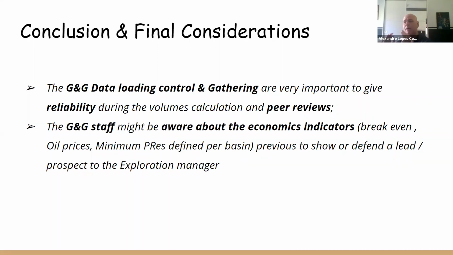And so the G&G staff must be aware of the economic indicators, especially the minimum prospective resource that will be taken into account in one basin. For example, if the minimum prospective resource is 100 million barrels, you cannot find anything less. If you find something less, the manager will say, okay, forget this prospect, forget this lead, go to another one that has at least 100 million barrels as a prospective resource. This is the philosophy, okay? So I hope